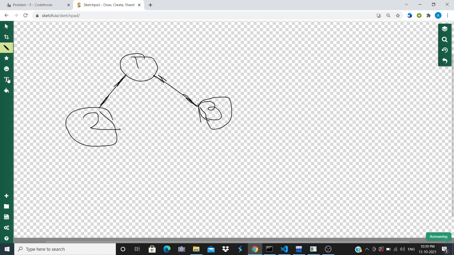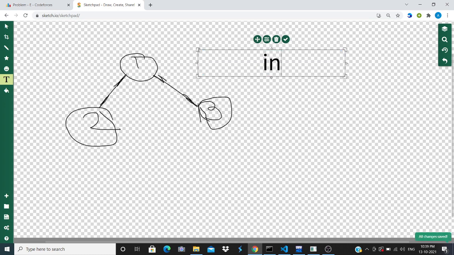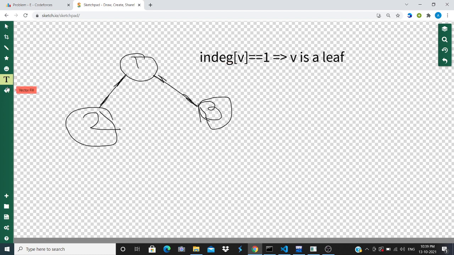So the definition is that if the in degree of some vertex v is equal to 1, then we can say that v is a leaf. Let's see what happens if we apply the operation on this tree just one time.